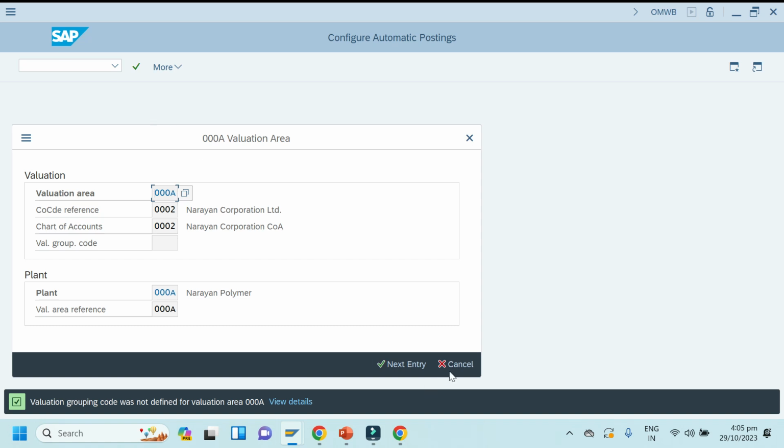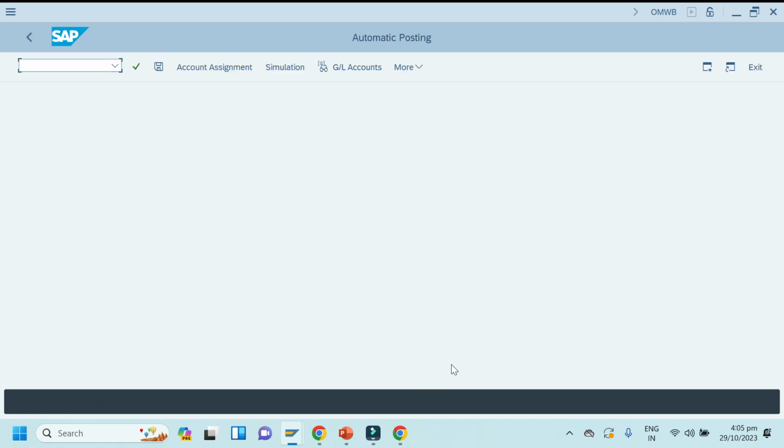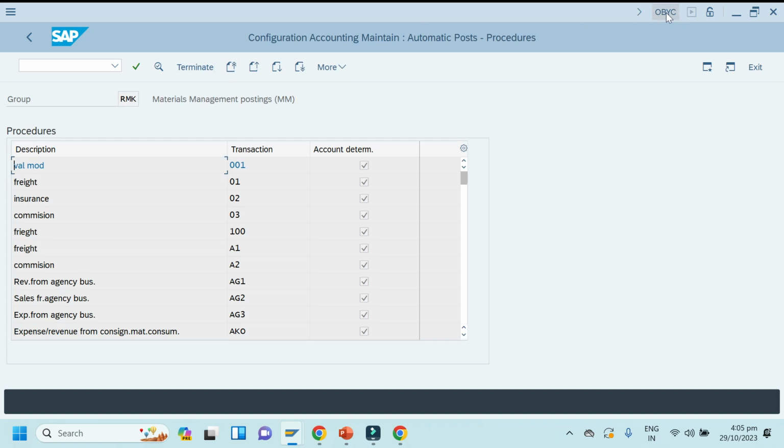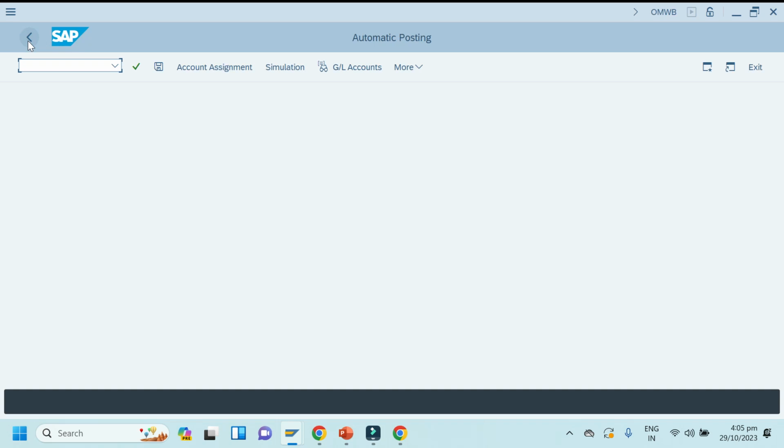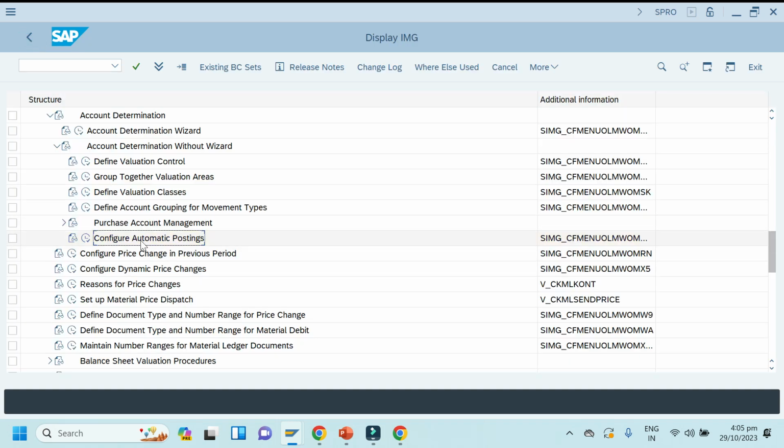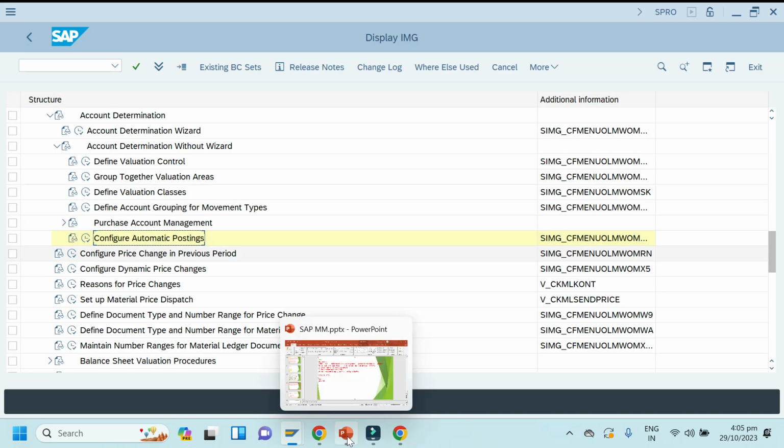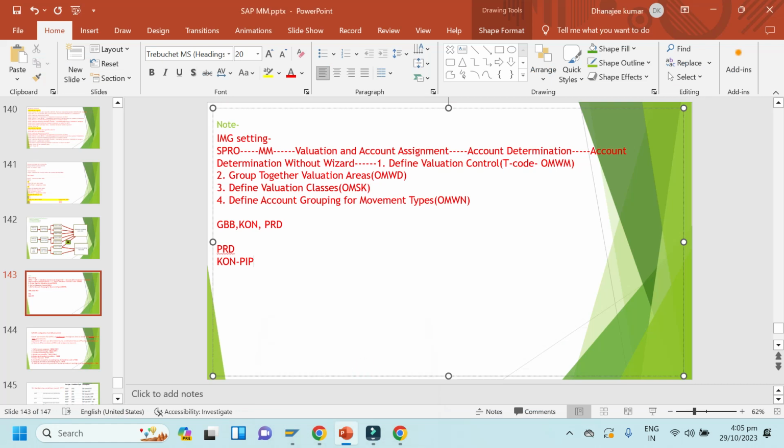If you click on cancel, account assignment, you can see here go to OBYC. So better note it down, the fifth one, configure automatic posting, T code OBYC.